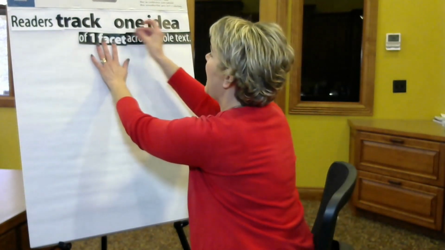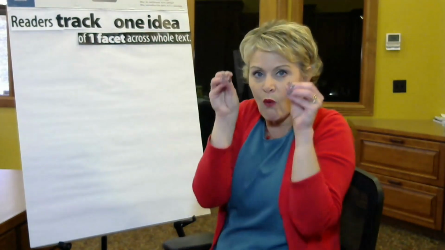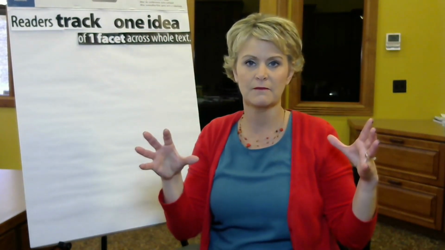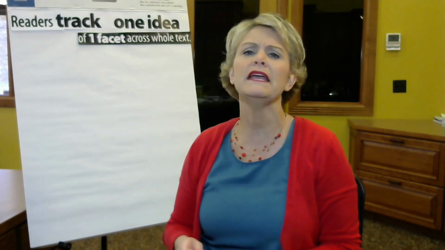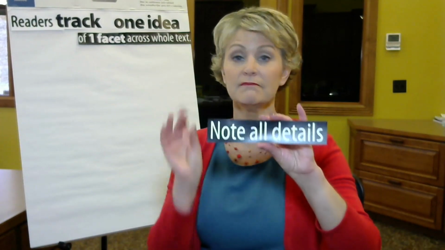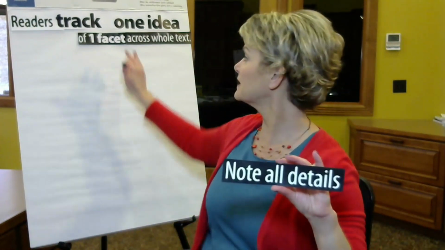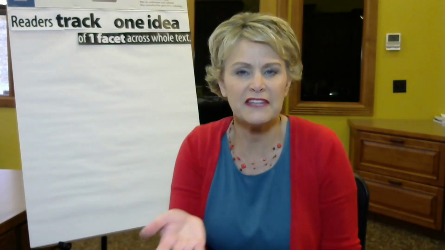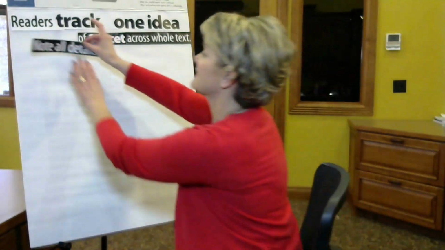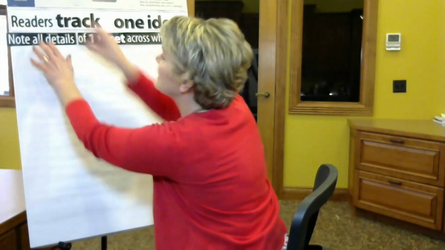So when we track an idea, we're just looking at one facet of the text. All right, so no longer just the most important. In fact, because we're only looking at one facet, we don't want to just look at the big details, the most important details. We want to look at every single detail. Everything the author says about this one facet, we want to take note of. Okay, so that is like tracking an animal. Think of tracking like that. As soon as you see a footprint, you go from beginning to end. You're going to watch for every single footprint,